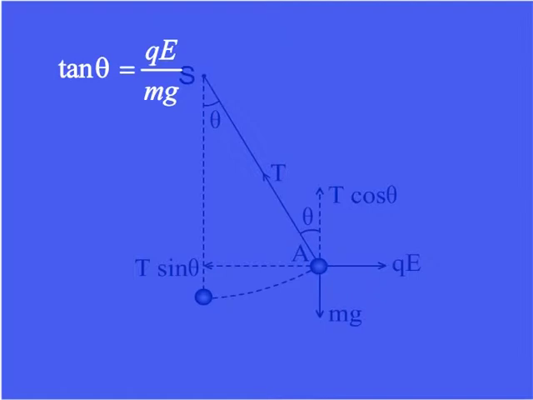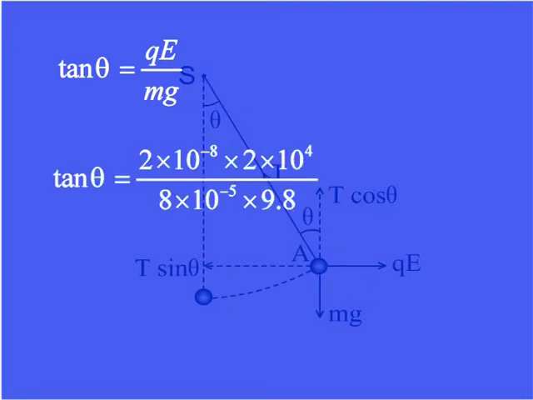On substituting the values of Q, E, m and g, we get tan theta equal to 2 into 10 raised to the power minus 8 into 2 into 10 raised to the power 4 upon 8 into 10 raised to the power minus 5 into 9.8. This gives tan theta equal to 0.5102 or theta is equal to